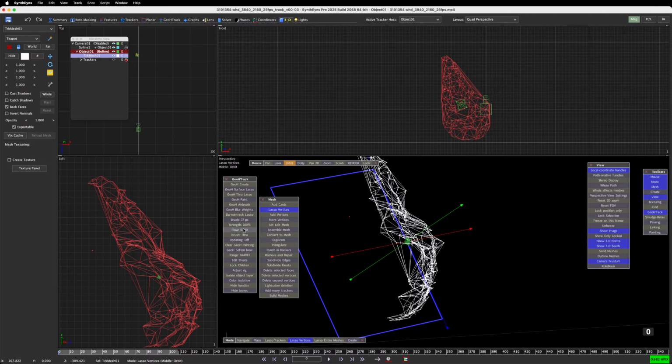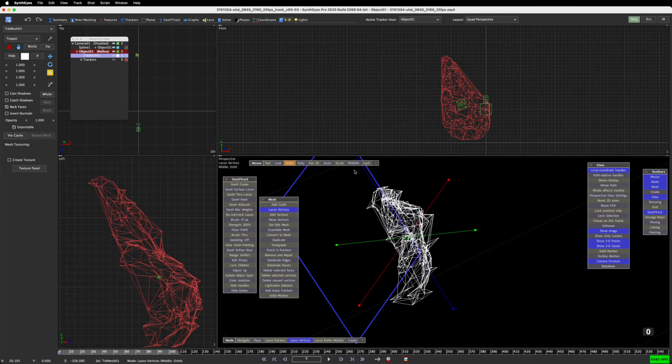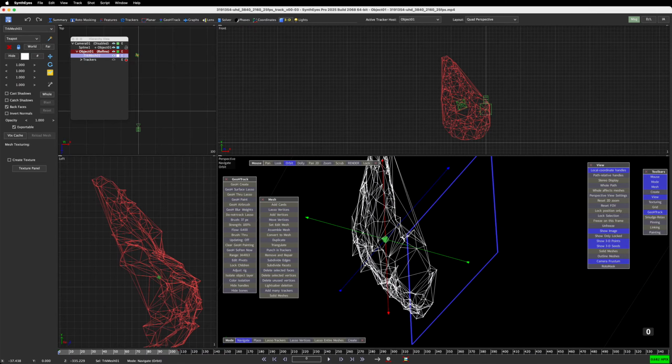We can also delete the... Where the heck is it? Delete selected vertices. If you just delete selected vertices right now, you're going to end up with holes in your mesh. So you have to do remove and repair first, and then delete selected vertices. There was one point where I knew how to edit that menu, but it's a bunch of